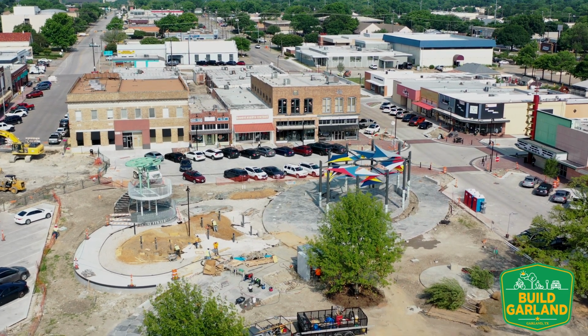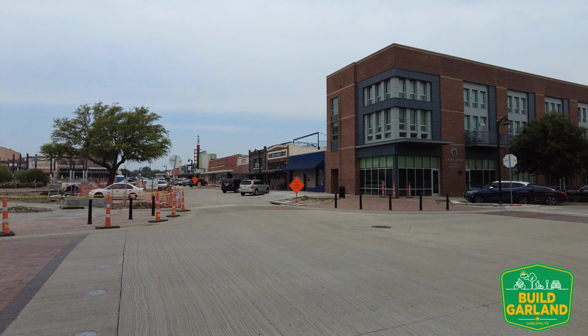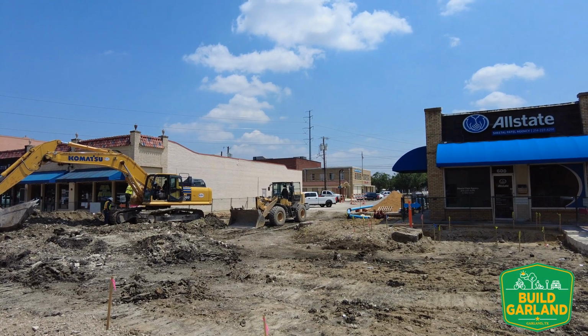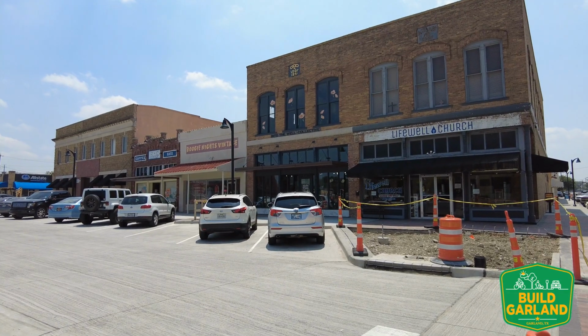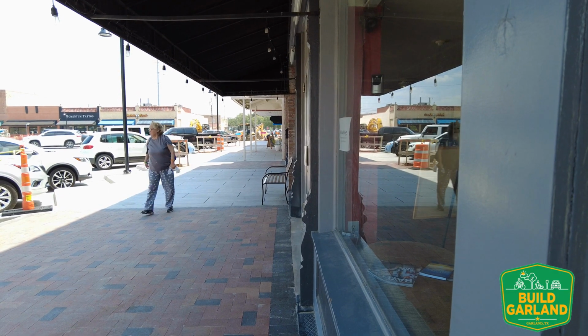We're now about 3/4 of the way there. Already 3 of the 4 intersections have been reconstructed and are back open to traffic. Main and 6th is the only intersection left, but parking on 6th Street between Main and State is once again open to local traffic, meaning you can park up close to your favorite downtown business on that side of the